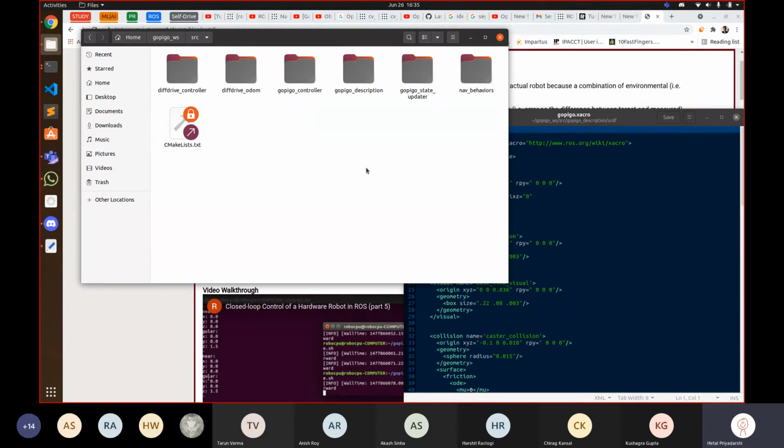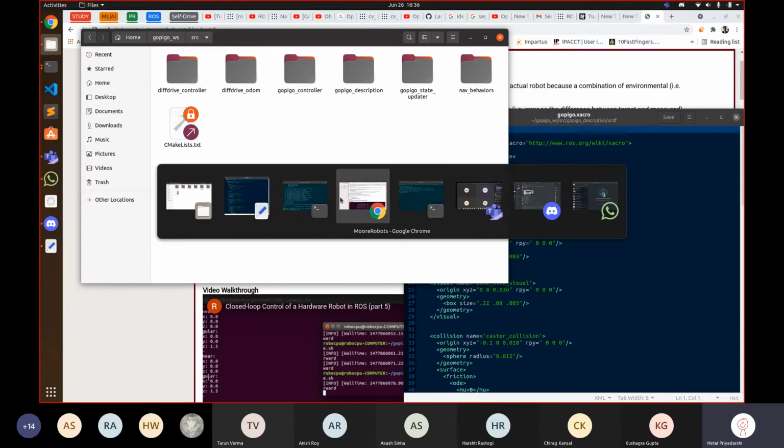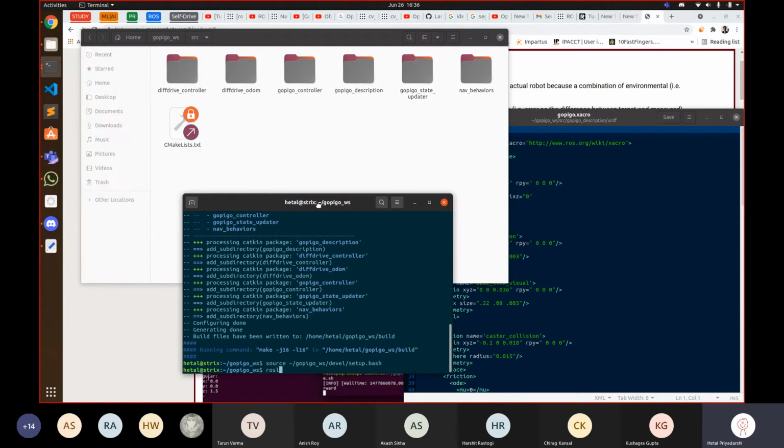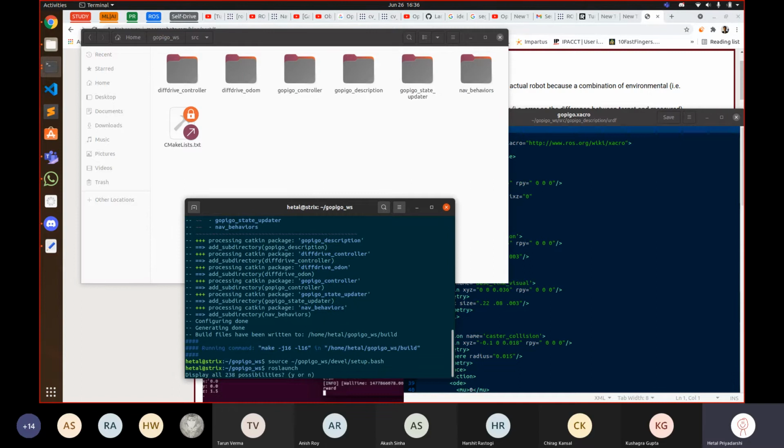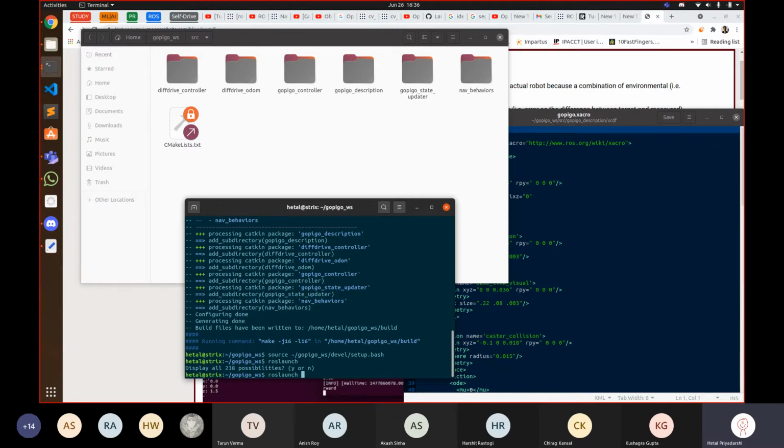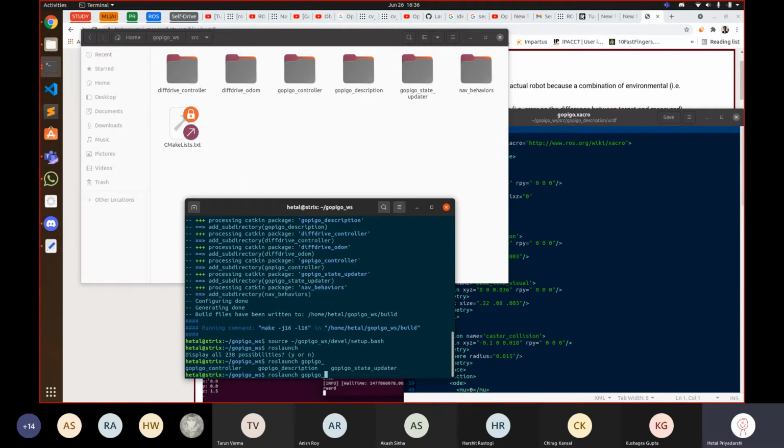The SRC folder. Basically, you can see there are separate packages for separate components of the robot, right? Often these things follow a very common notation, where the design of the robot is made in a package called description. So everything relating to the design of the robot you find in description.